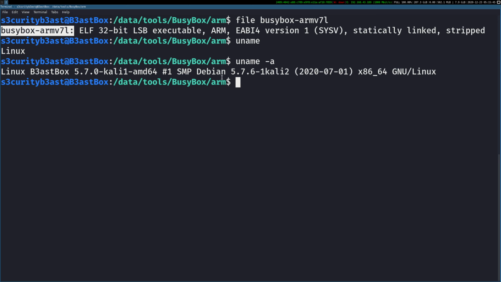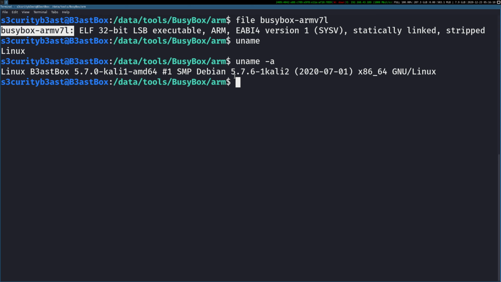Here you can see it's Debian Linux, Kali, AMD64 architecture. And on AMD64 architecture, neither a 32-bit binary nor an ARM or MIPS binary will run. Majorly on embedded systems, ARM and MIPS rule the world. Most of the devices you will find are with ARM and MIPS.